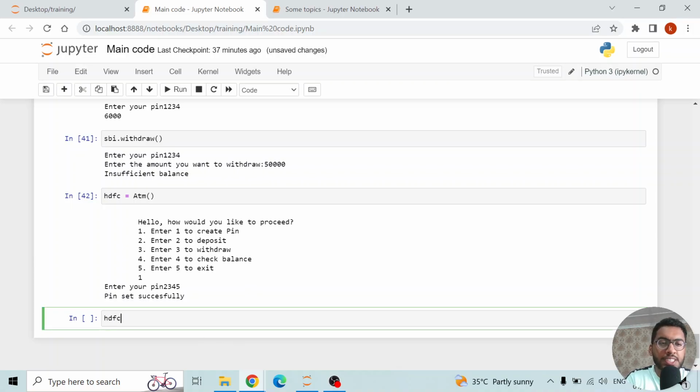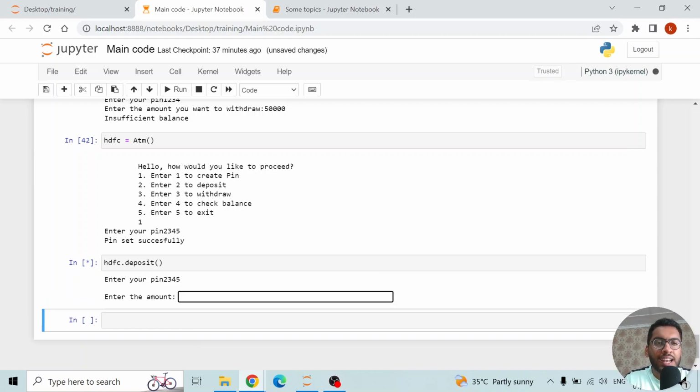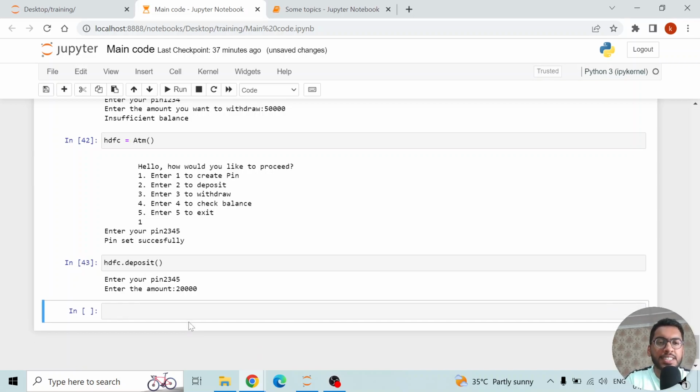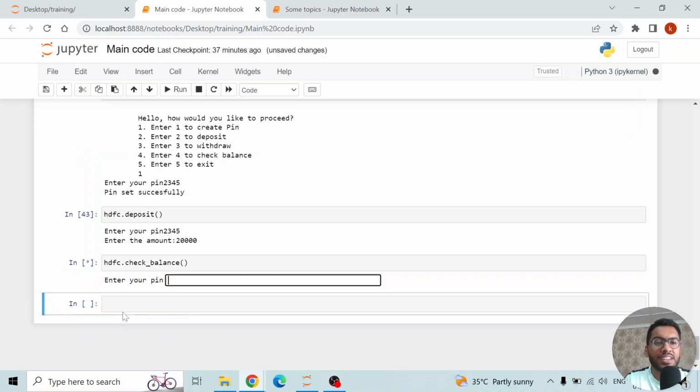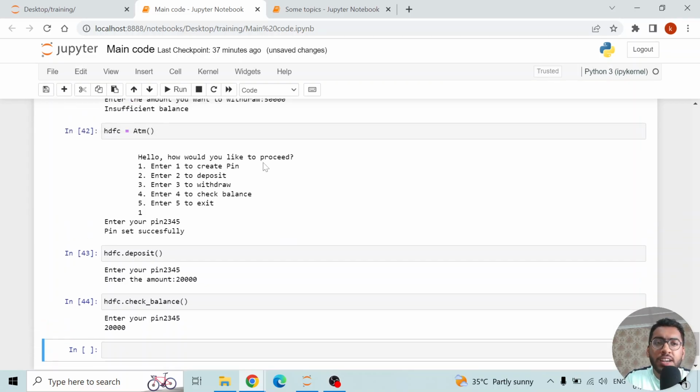Again, let's deposit some money in this HDFC account. 2345 is the pin. Let's say I am depositing 20,000 in this bank account. Done. Let's check the balance. HDFC dot check balance. Trigger this. What is your pin? 2345. And you see the balance is 20,000. Make sense? So we have learned how to access their